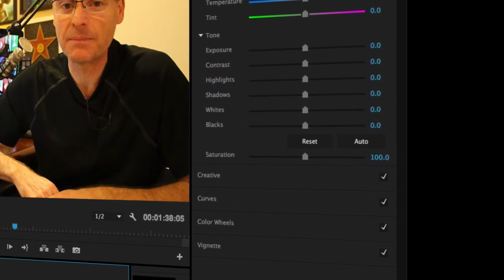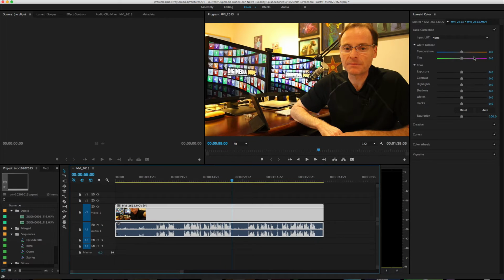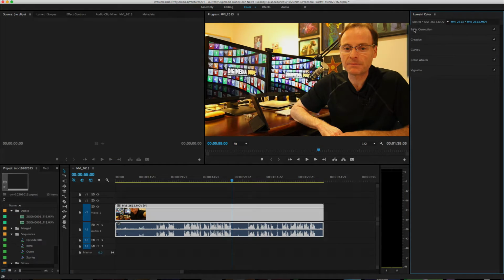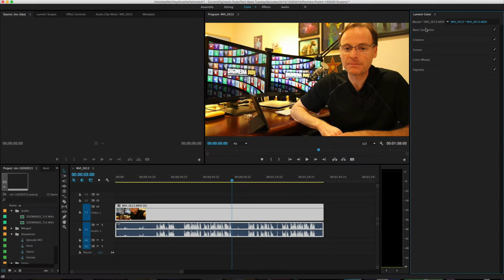Now, the reason I say color correcting your video like a photograph is because if you look at the Lumetri Color Panel, it looks a lot like what you find in Adobe Lightroom. The Lumetri Color Panel is broken down into Basic, Creative, Curves, Color Wheels, and Vignette. So let's start with Basic Operations. You can import a LUT, and I'm not going to go into LUTs right now, but let's color correct it